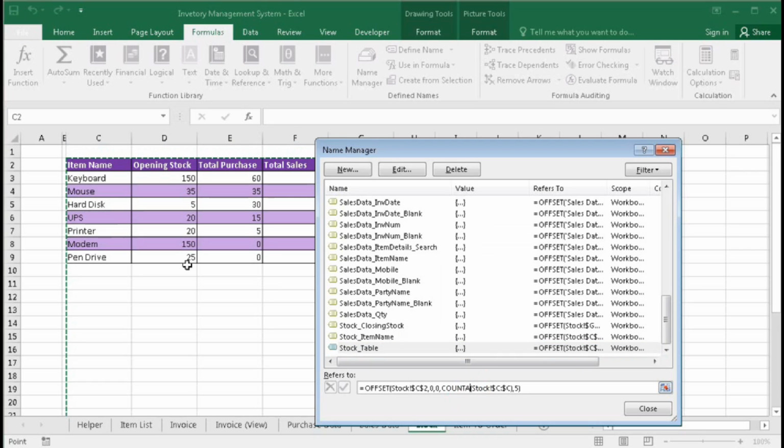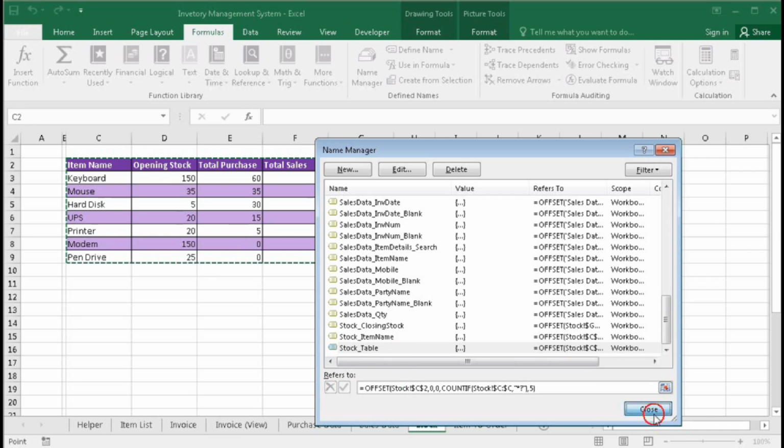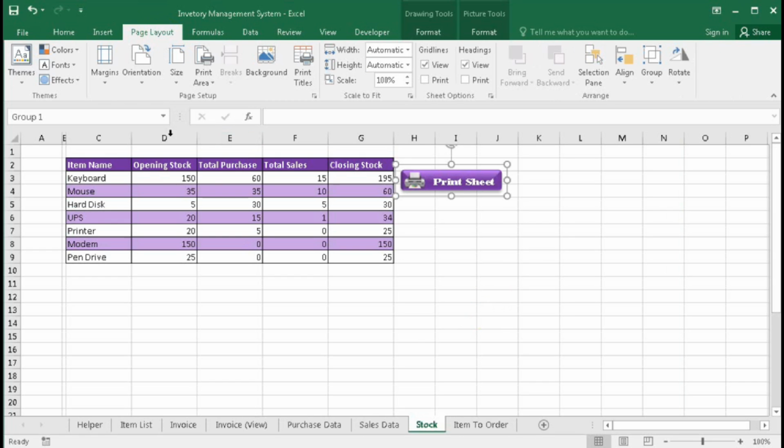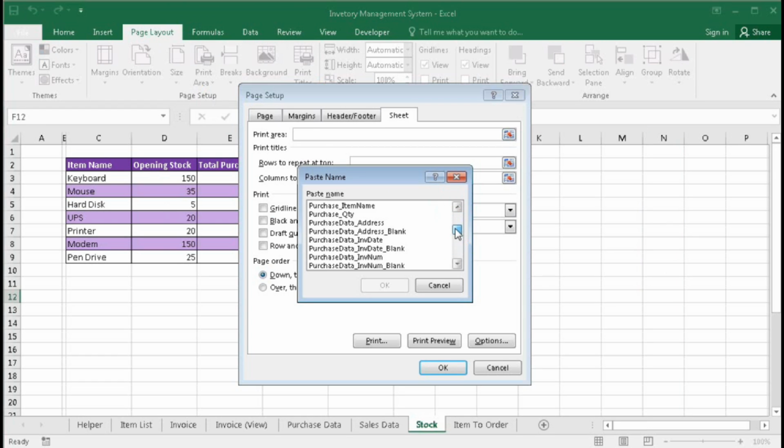Okay, so here is the problem because we have formulas here, so here we have to use COUNTIF, and here we have to give the criteria with double quotation star question mark quotation. Okay, now it's okay. So layout, print titles, in the print area press F3 and stock table.